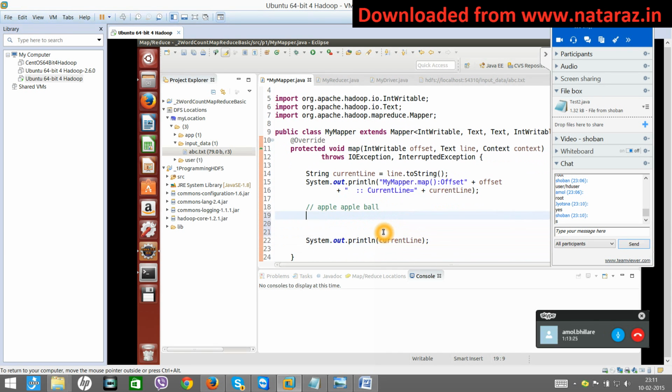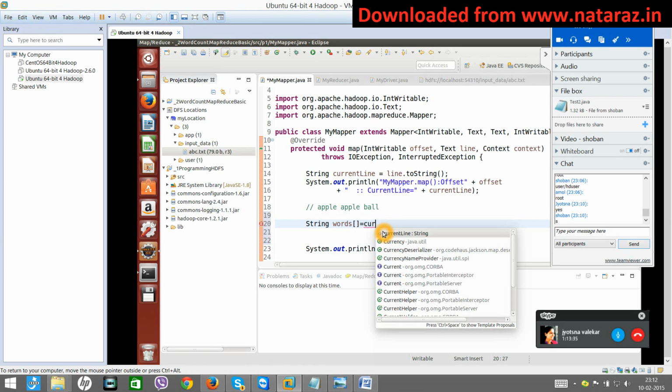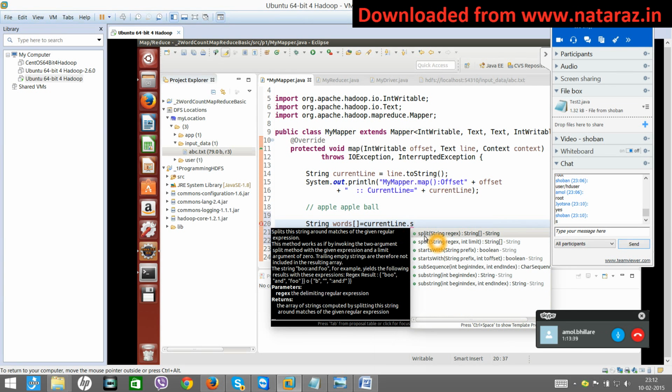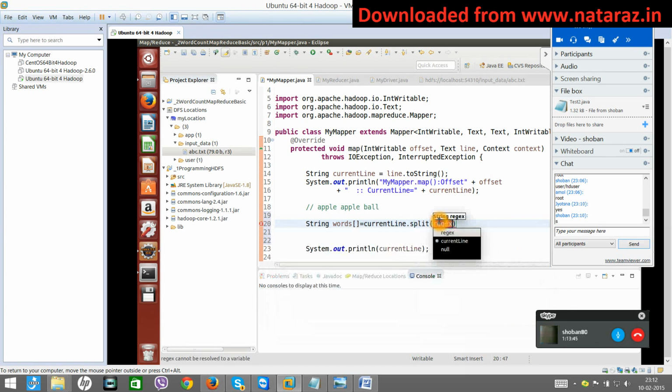So you write like this: String word array is equal to currentLine.split. The split method accepts one argument and will return you an array of strings. So split of